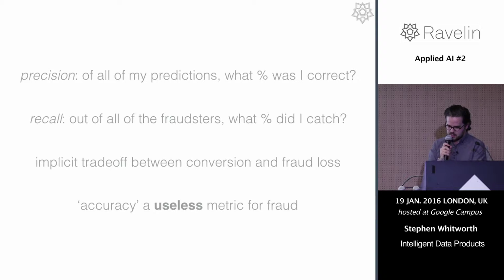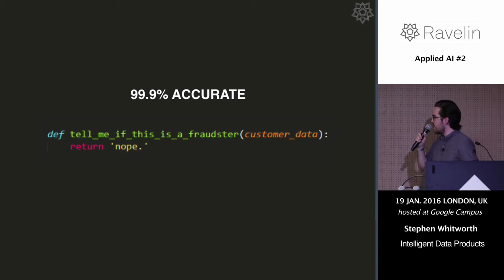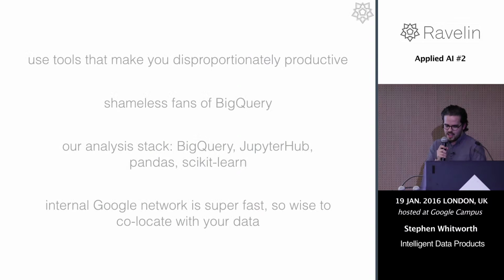So this is a model that we've been working on, and it achieves a very high level of accuracy. You can basically say, no, you're not a fraudster, and you'll be right 99.91% of the time, which illustrates that you should choose a good metric and optimize for that. This is a talk about the tooling that we use, and how you should basically choose to